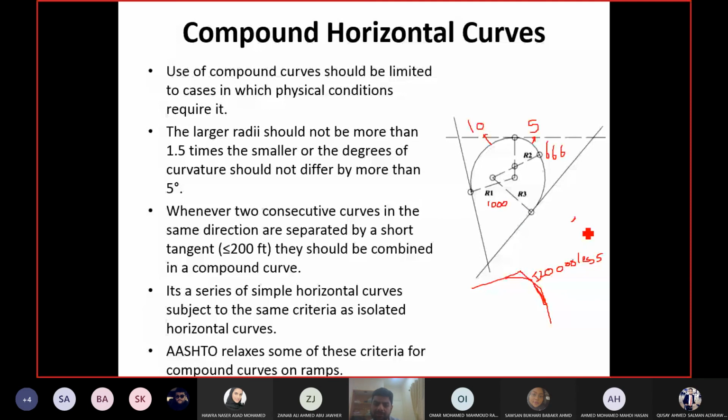Okay, even the pictures which I showed you in the highway engineering course for the ramps, I think most of them, if not all of them, were in this shape. So compound curves are very often employed for designing of the ramps as well. And in that case, ramps usually have sharper radius. So even if you are not fulfilling some of these conditions, you can still go on with the design.